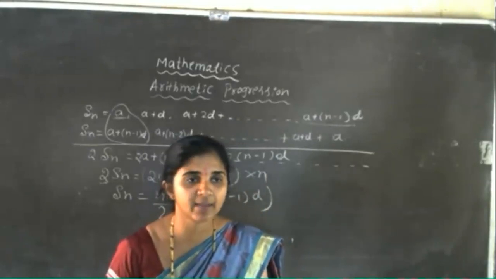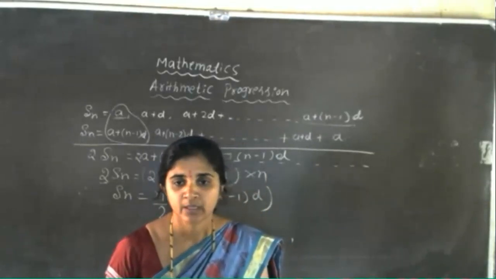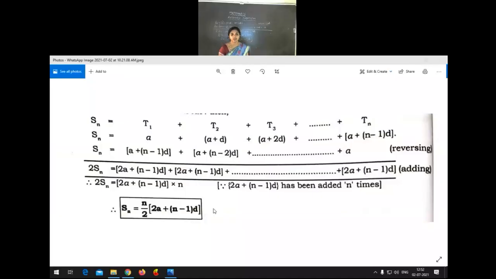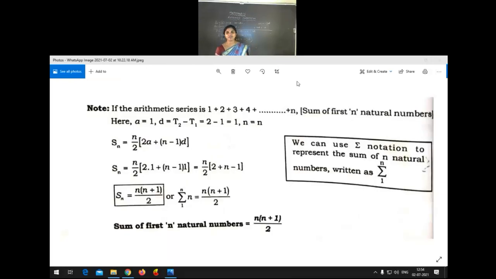Yes. Now again I am going to choose the sharing option. So here we have it. Got the idea now? So we got the formula, this box: Sn is equal to n divided by 2 into 2a plus n minus 1 into d. This is actually the standard formula to find out the sum of n terms of an AP.